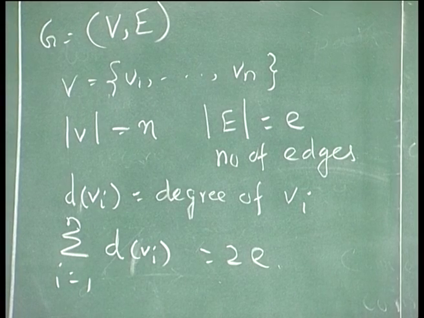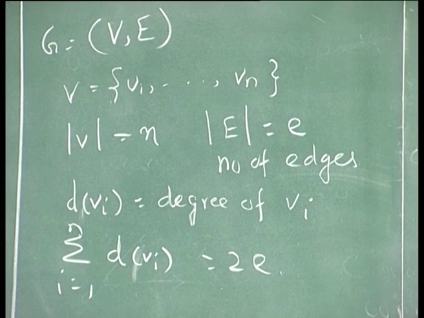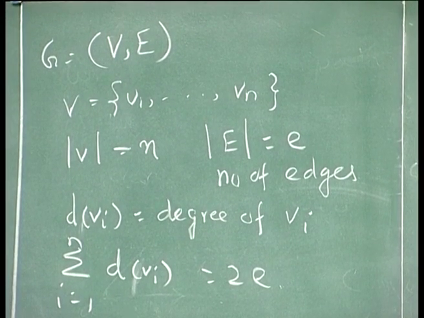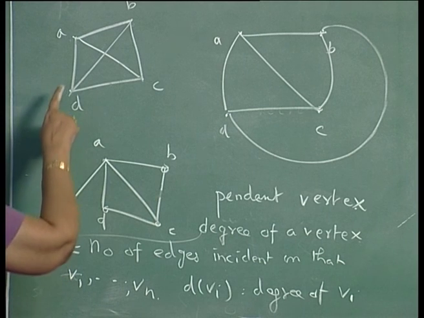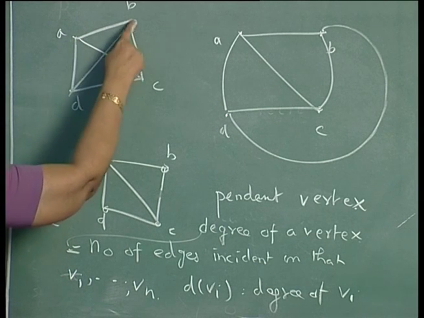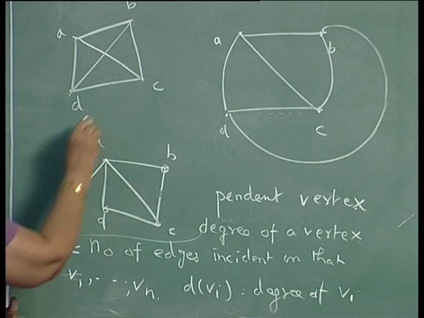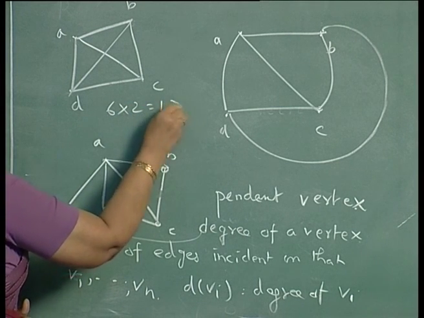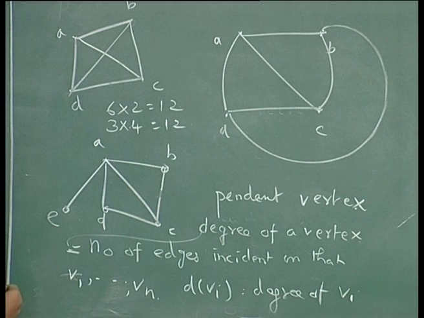This is very obvious, but again let us verify with these examples which we have considered earlier. Look at this example. How many edges are there? 1, 2, 3, 4, 5, 6 edges are there. And what is the degree of each of these vertices? Each one is of degree 3. So, sum of the degrees is 4 times 3, 12. And the number of edges is E, 6 into 2 is 12, and each vertex is of degree 3, there are 4 vertices. So, that is true, they are equal.